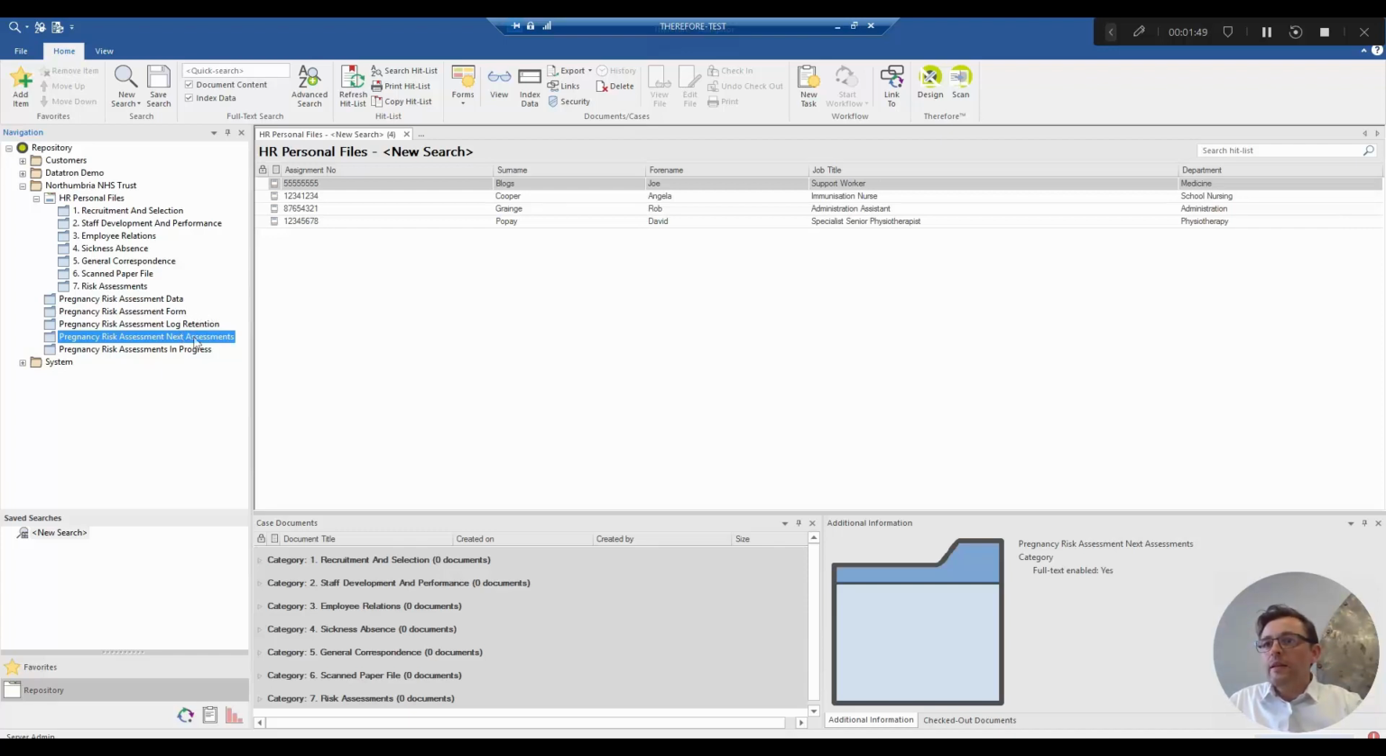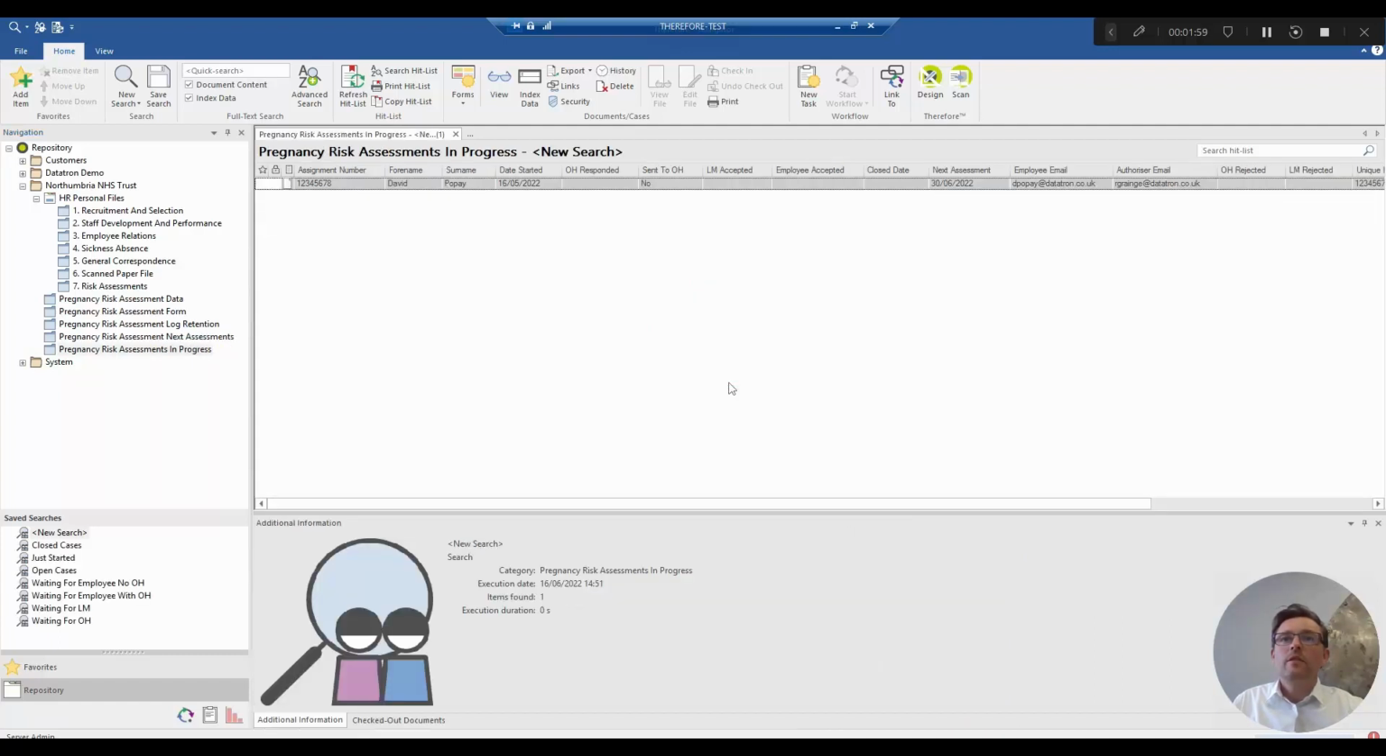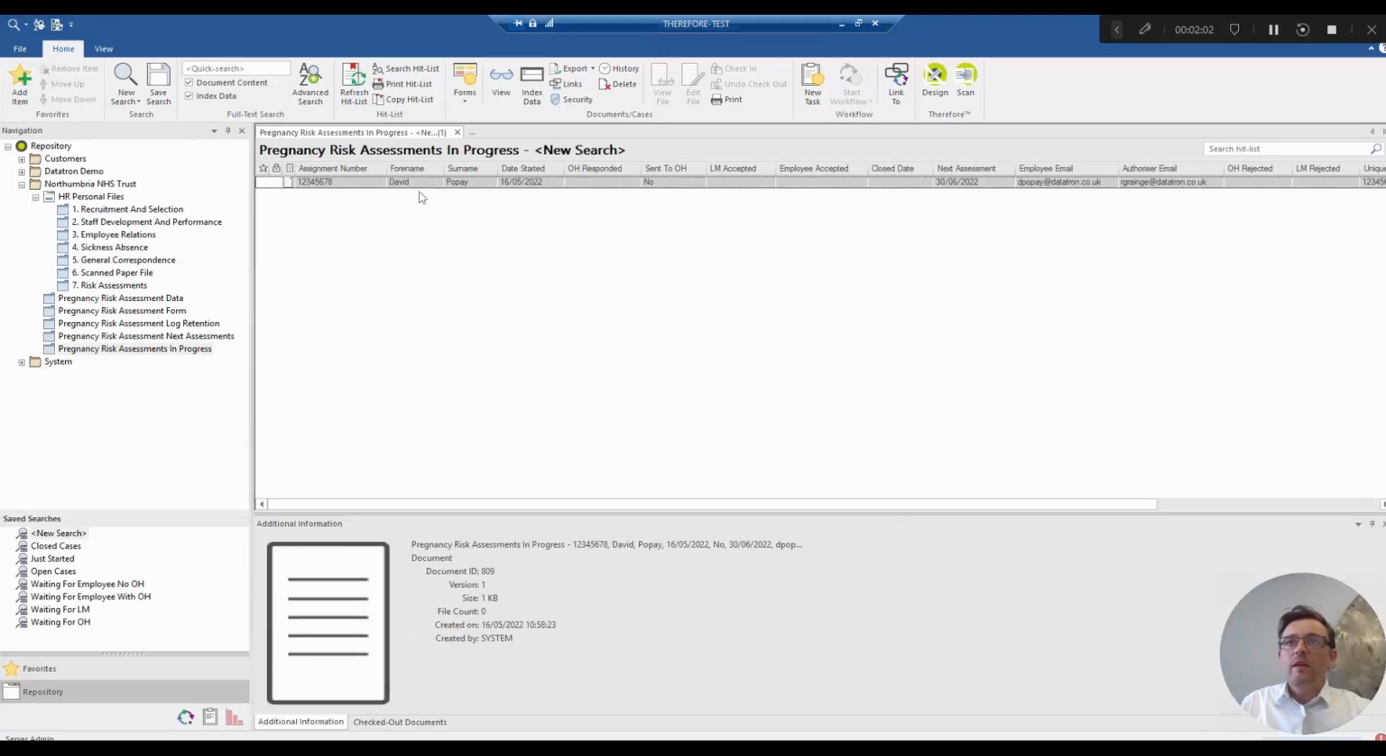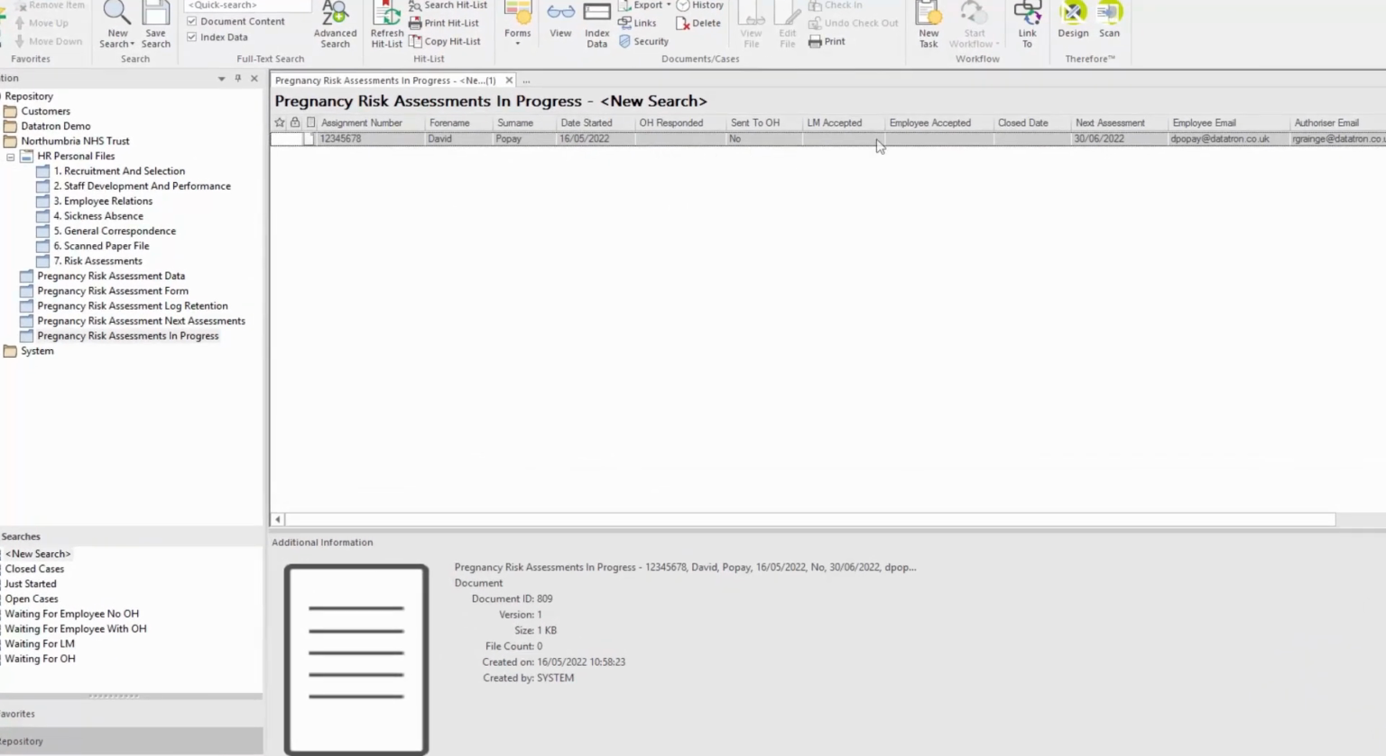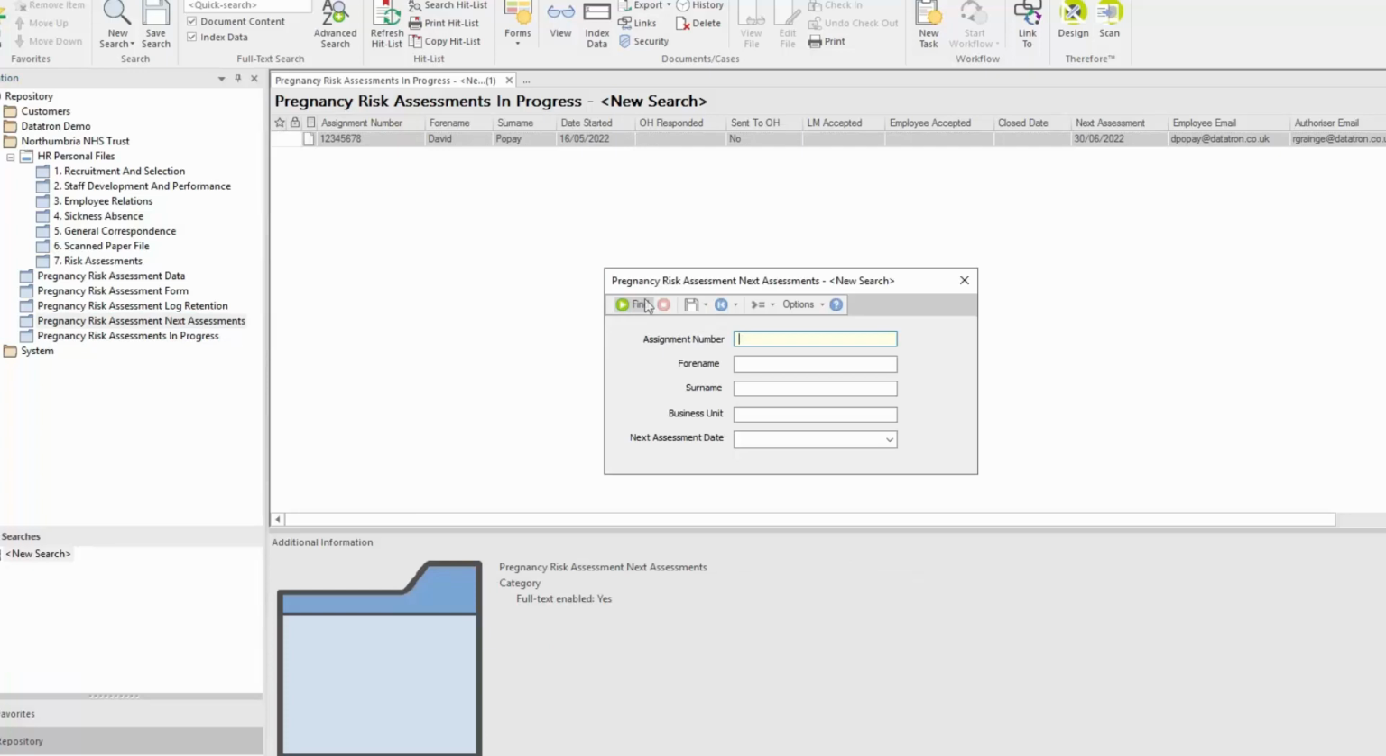To the bottom, next assessment is in progress. I'll give you a quick overview of those because these are the ones that are used by the HR administration staff. In progress, just do a quick look at that and see what's there. So this gives the HR admin staff a bit of a bird's eye view of where an assessment is at any one time. This one I can see it's waiting for occupational health response, but it hasn't been sent to occupational health yet. Waiting for line manager acceptance and employee acceptance,